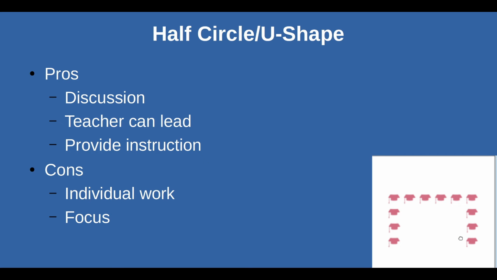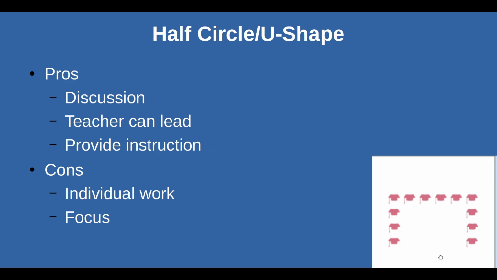The next one, again, is our half circle, or you can say a U shape, whichever one you want. And this one kind of provides the best of both worlds of the rows, in which you can have complete control of leading the discussion interaction, and the full circle, where maybe you might lose too much control over the interaction and discussion. With the half circle, the teacher can stand at the open part of the circle or the U and lead the discussion while the students are also able to have eye contact and interact with each other